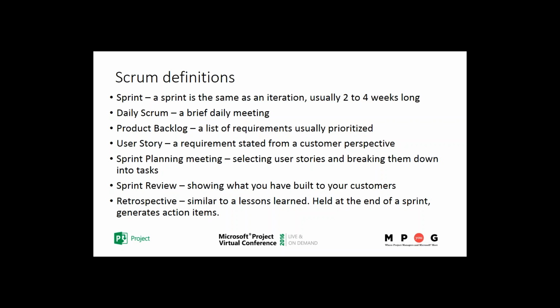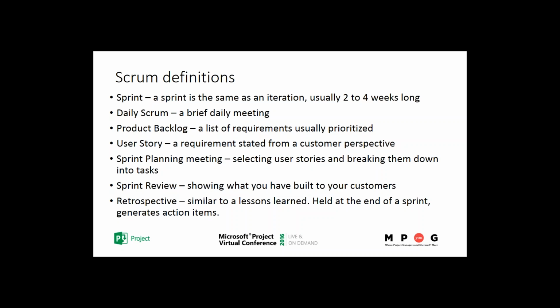So a sprint is a Scrum term for an iteration. The daily Scrum is a short meeting where team members communicate what they did the day before, what they intend to do today, and any impediments to them accomplishing their work. The backlog, or often referred to as the product backlog, refers to all the project requirements. User story is really a unique way to express a requirement. Sprint planning is another Scrum term for what the team does to prepare for a sprint.